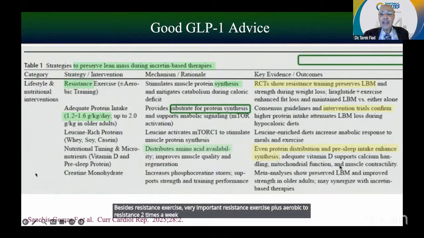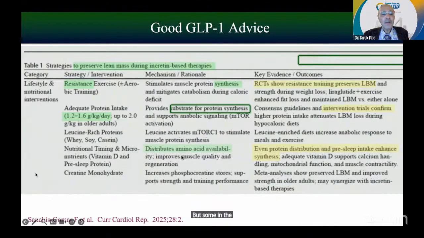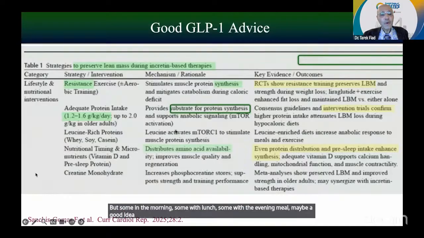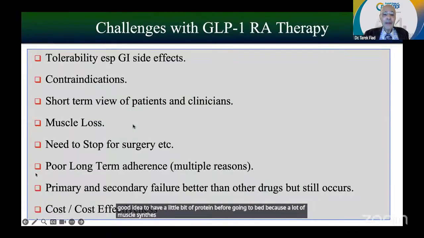This will result in maintenance of the muscle mass. The protein, not in one meal, but some in the morning, some with lunch, some with the evening meal. Maybe a good idea to have a little bit of protein before going to bed, because a lot of muscle synthesis happens when we are asleep. So, ladies and gentlemen,